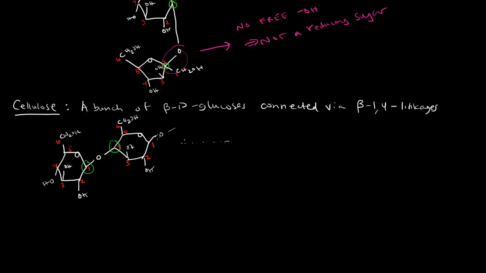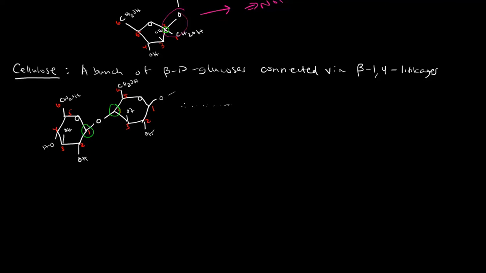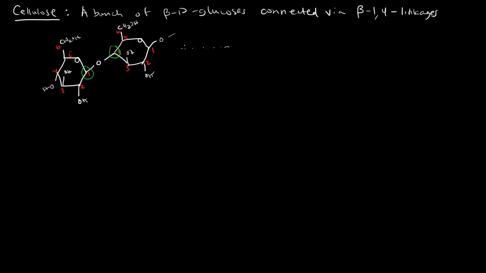Now, this is just a bunch of glucoses connected together, but that's also what starch and glycogen are. Starch and glycogen are also just a bunch of glucoses put together, but specifically, they're a bunch of alpha D glucoses